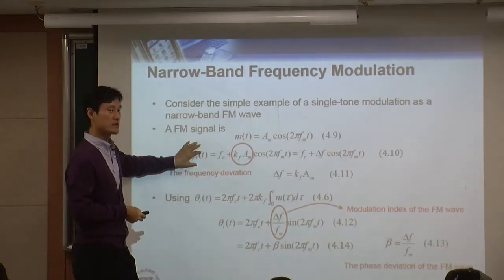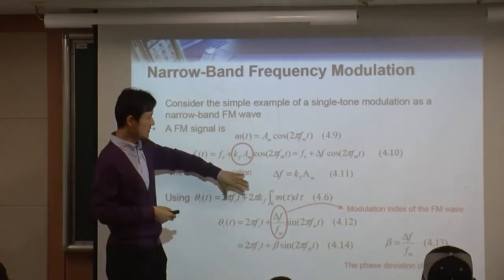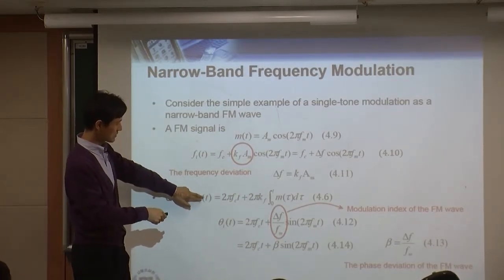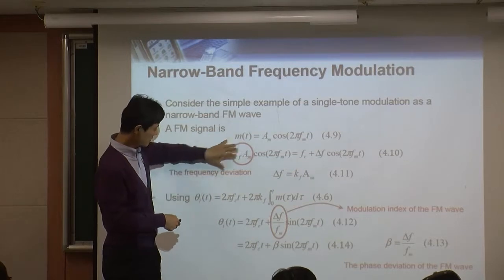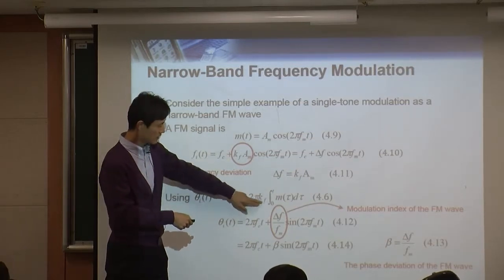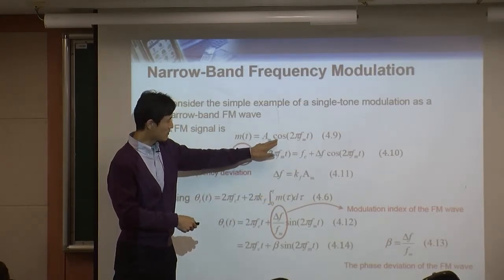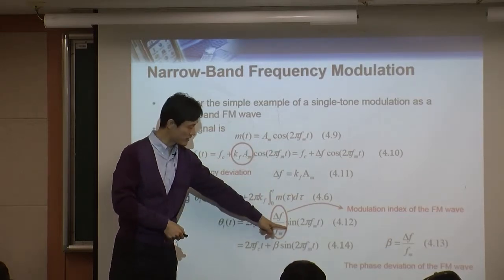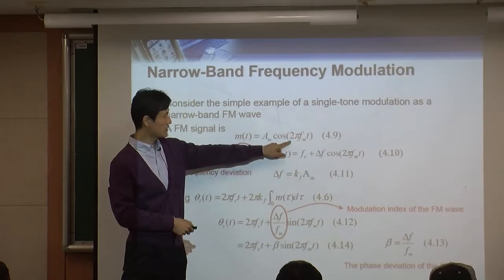So this is a frequency. Put this frequency into the angle. Now we want to get this angle here. Then as we discussed earlier, when you put this frequency into the angle, now you'll see the integration of the message. So our message is cosine. So when you do the integration of the cosine, now you get a sine. And in addition to that, when you do